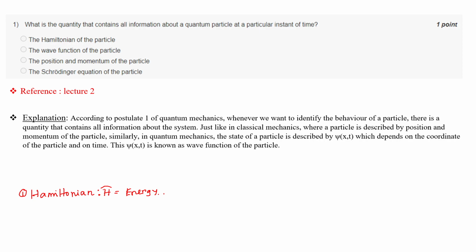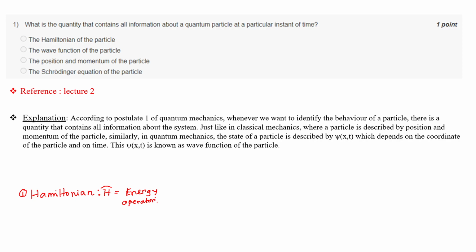So this is the energy operator. Okay, so to get the energy you need the Hamiltonian. So from the Hamiltonian of a particle you can get the energy of the particle, but at a particular instant of time all information you cannot get from the Hamiltonian of the particle. Okay,